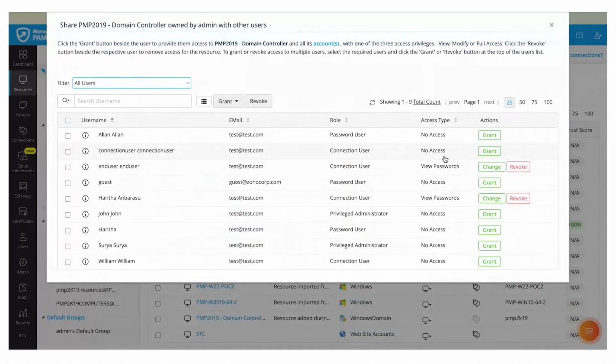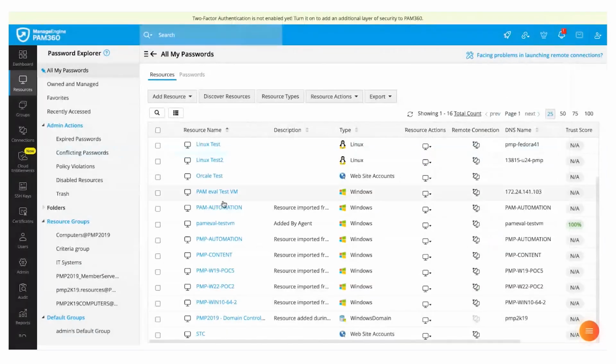If this is going to be a connection user, you can give them remote app only access. So this way, users like connection user and end users do not have access beyond that particular application, and you're condensing the attack surface by limiting them access to only certain applications and not the entire endpoint. Now, this is one way of sandboxing access to your users, and the other way is through